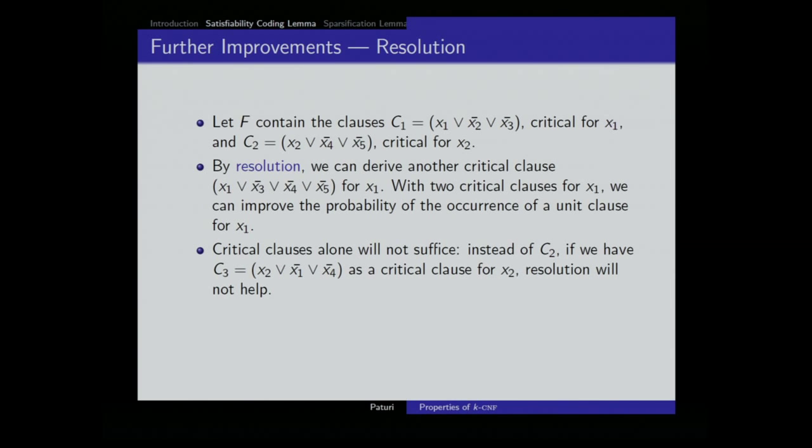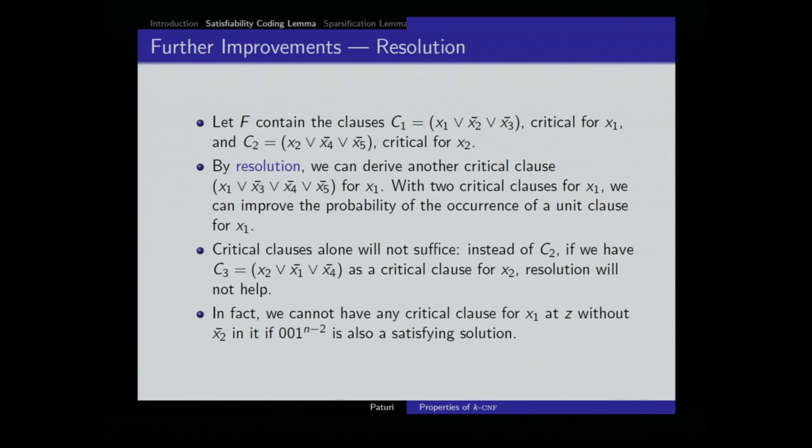And this is in fact, there's a reason. The situation cannot be remedied, especially when we have a solution at distance 2 from x. So we have x, which is all ones. Flip the first 2 bits, so we get another assignment. Assume that assignment is also satisfying, in which case we cannot hope to resolve and find a new critical clause.